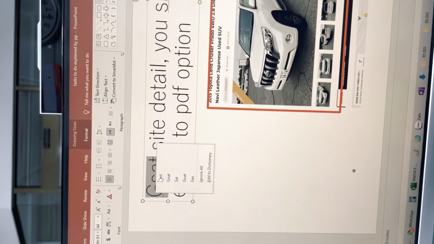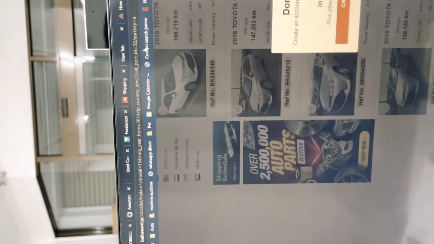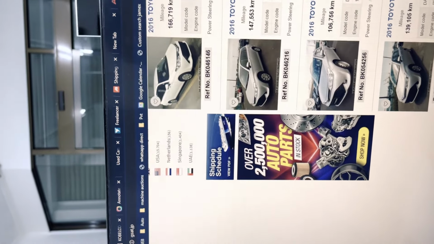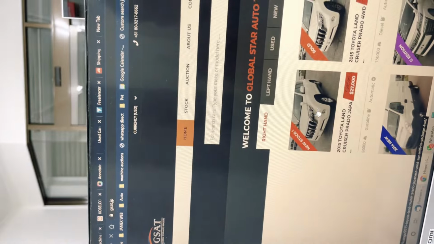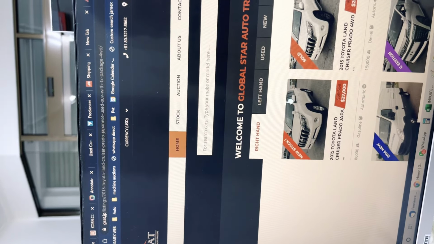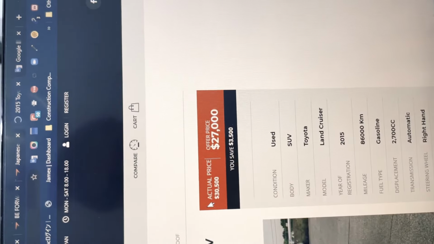Yeah, GSAT site. If you copy and go here, they have a very good design.